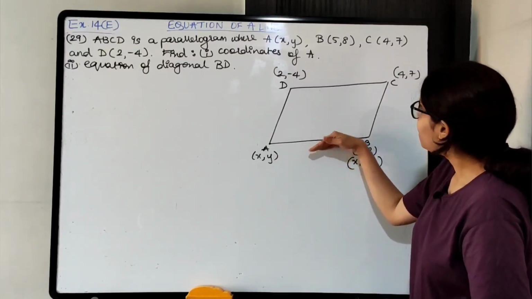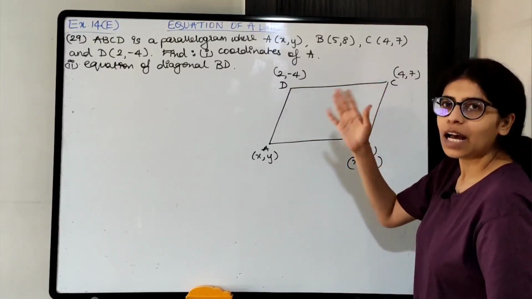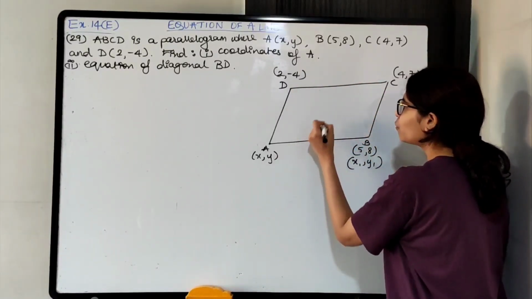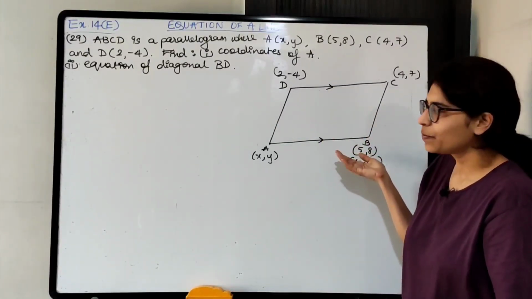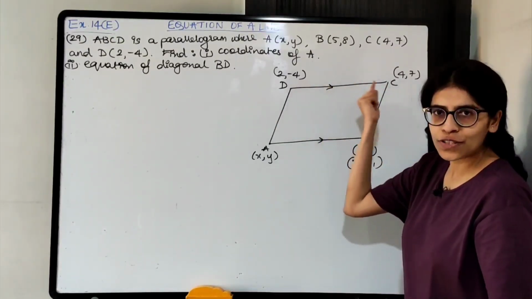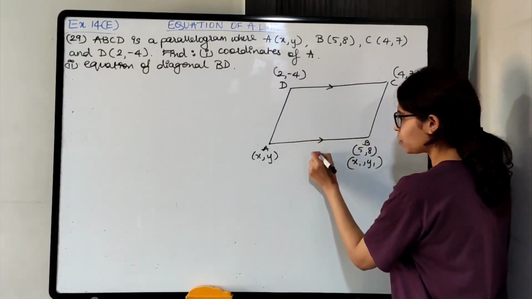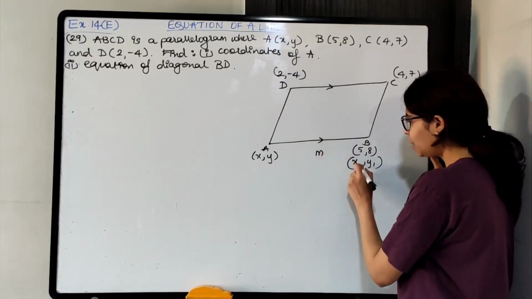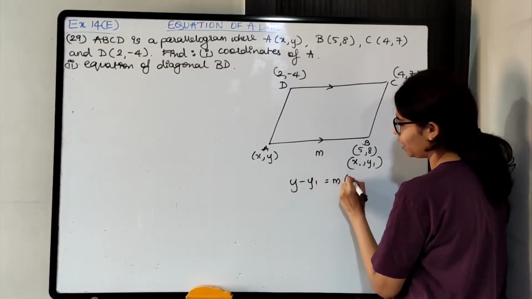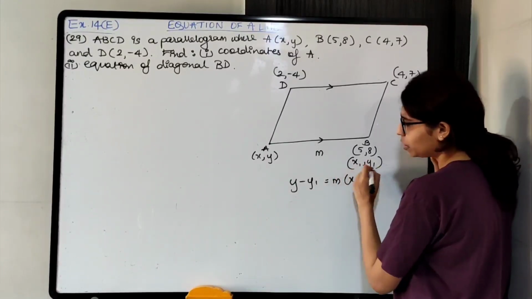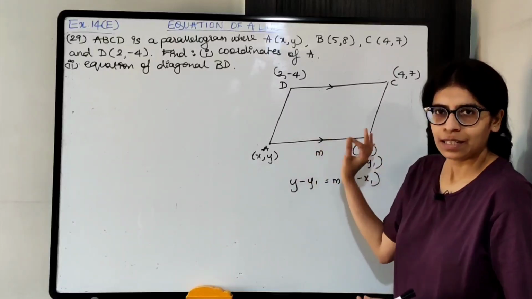AB is parallel to CD, है ना? AB and CD parallel है because they are opposite sides of parallelogram. Parallelogram में opposite sides are parallel. So if I find slope of CD, I can easily find slope of AB, है ना? M मिल जाएगा मुझे. So once I get M and x1, y1, I'll use the formula y minus y1 equals m into x minus x1. Put the values of x1, y1, put the value of m. I'll get the equation of the line AB.